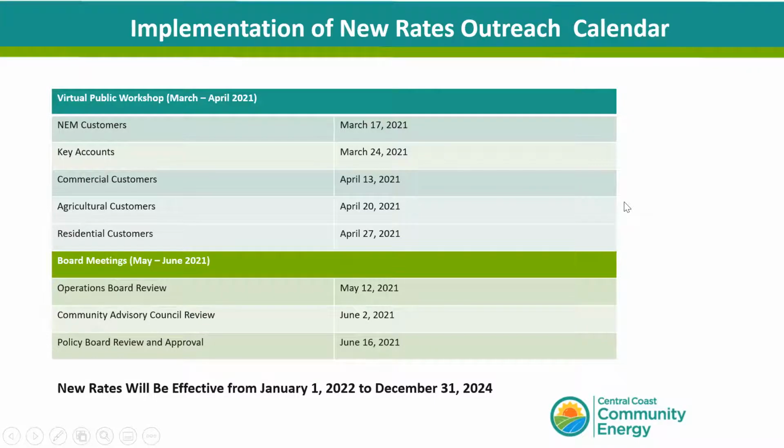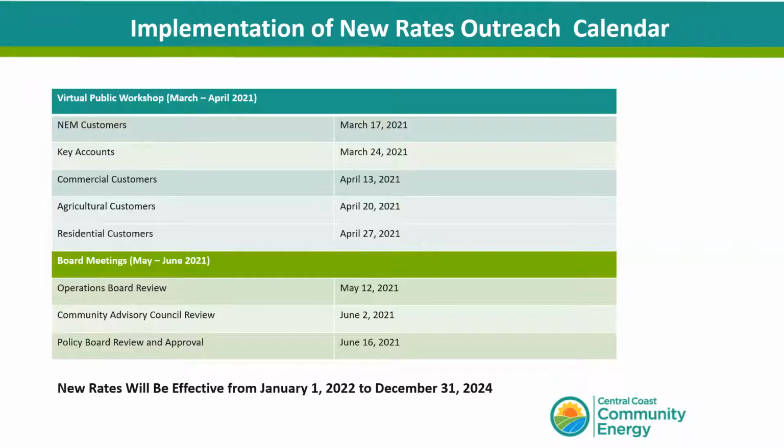Part of that is the reason that we're having our kickoff to our outreach regarding this new rate structure with a series of educational workshops like this one. So we appreciate that you're participating. We started with our net energy metering customers, our solar customers, last month in March, then jumped to our key accounts. This commercial segment, the invitations were primarily sent out to our small to medium business customers, but additionally to those in the larger customer energy usage classes that were not able to participate in our earlier webinars. And then we'll have two more, for ag and for residential.